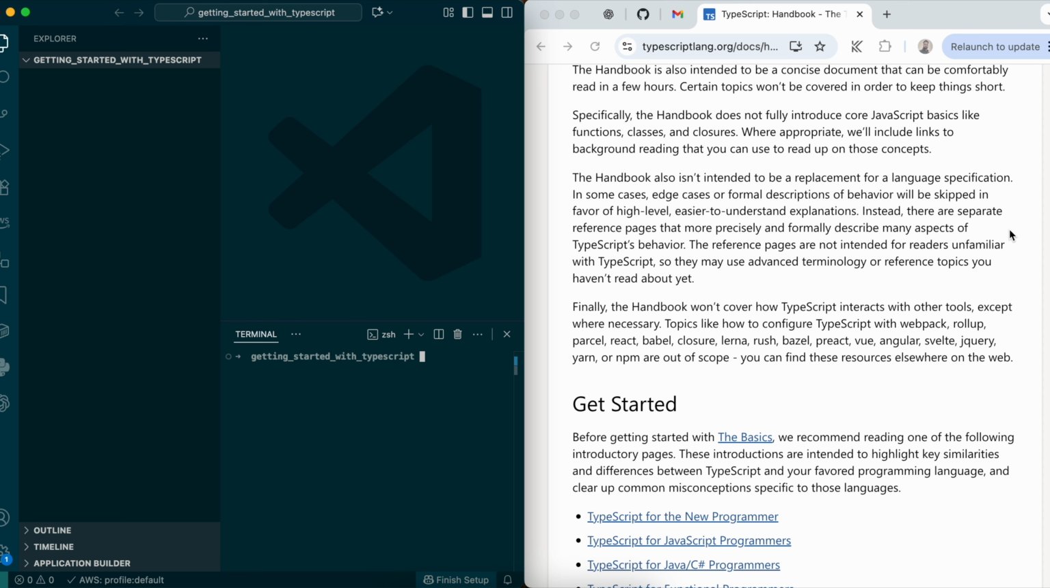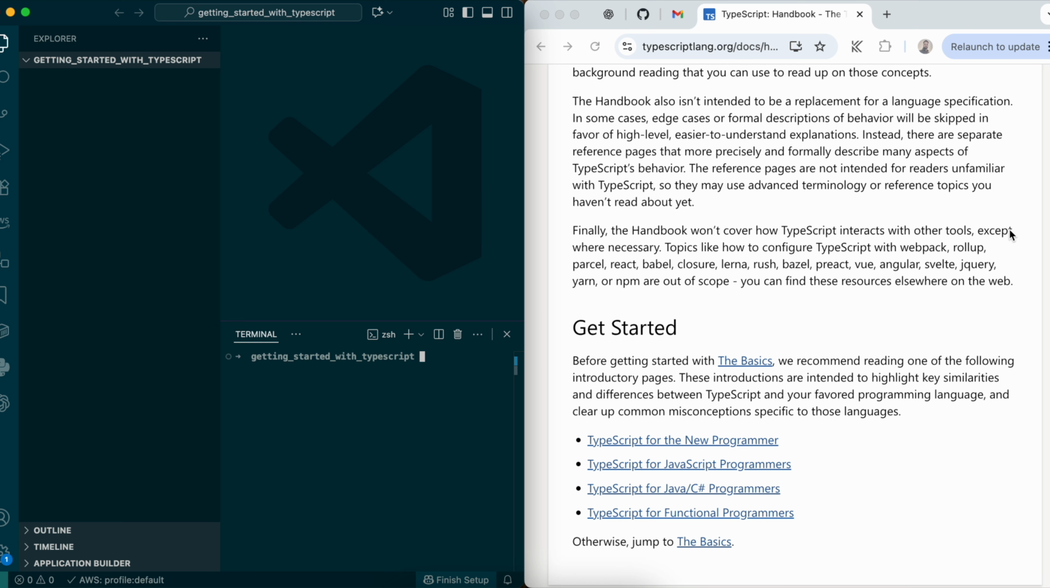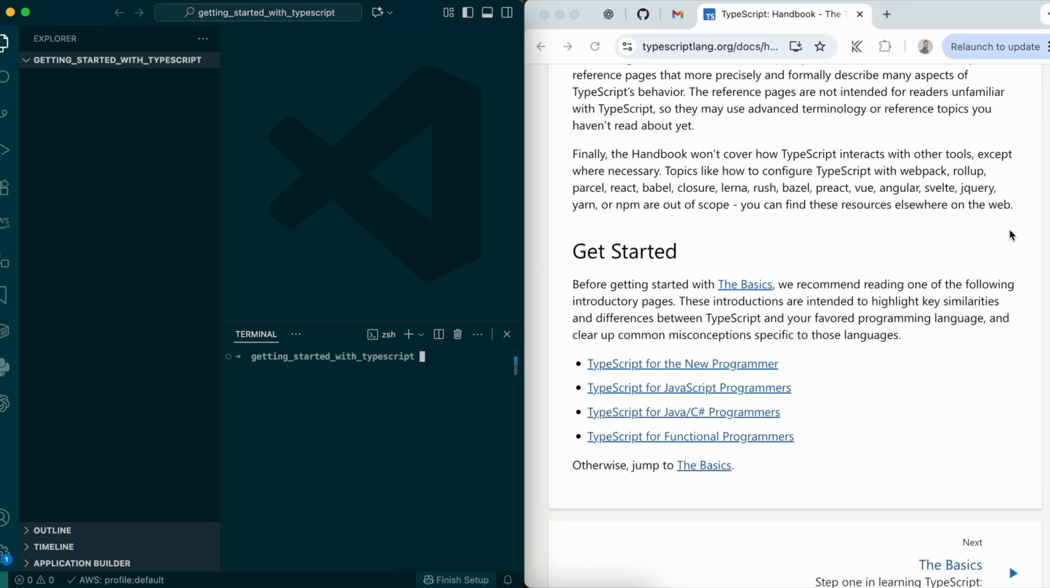Some suggestions: the handbook also isn't intended to be a replacement for the language specification. Edge cases and formal details would be covered later. So